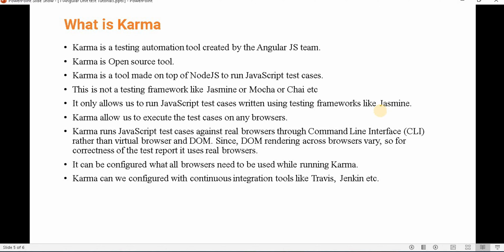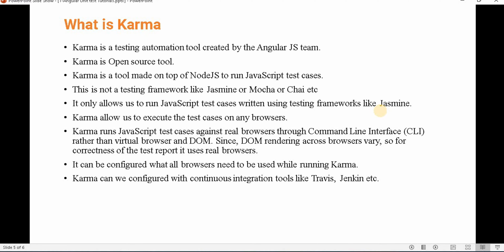We know Jasmine is a JavaScript framework, so to run those JavaScript test cases, Karma comes into the picture. It is not basically a testing framework like Jasmine or Mocha. It only allows us to run JavaScript test cases written using a testing framework like Jasmine.